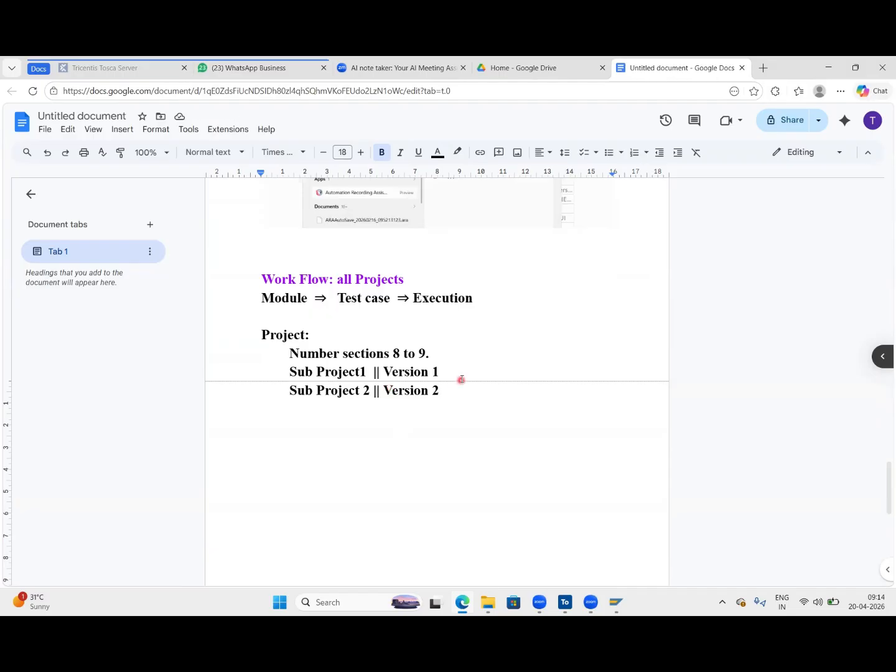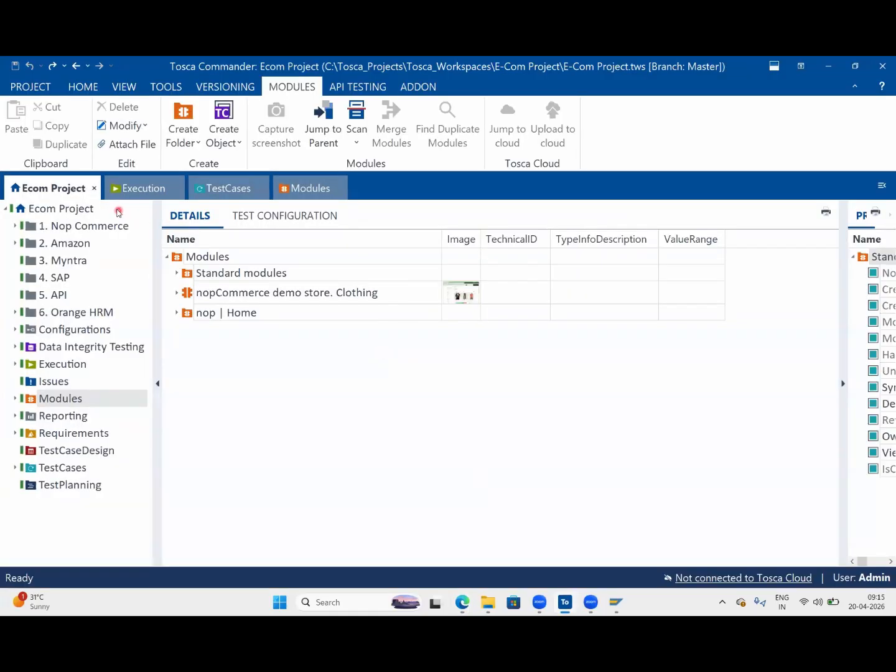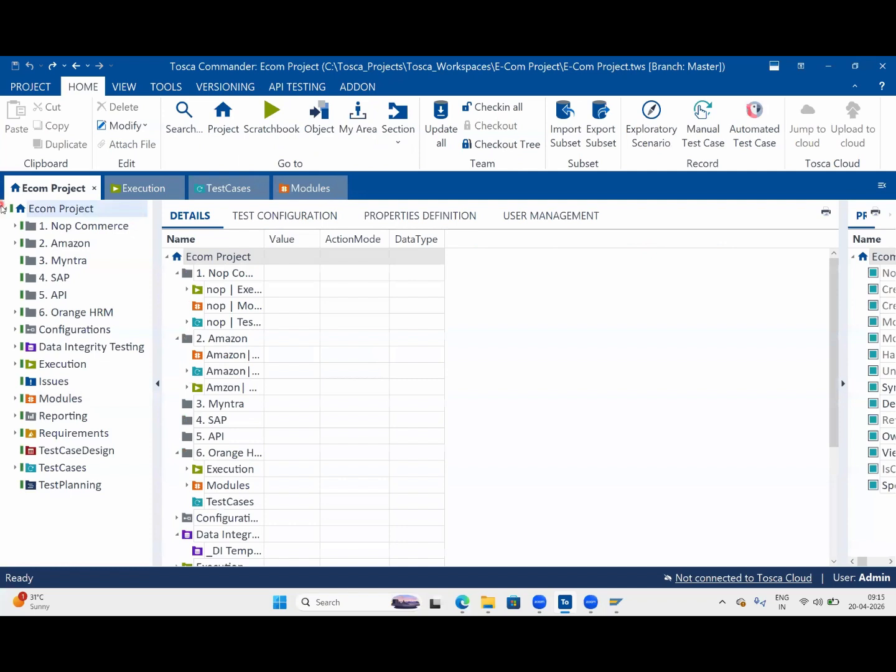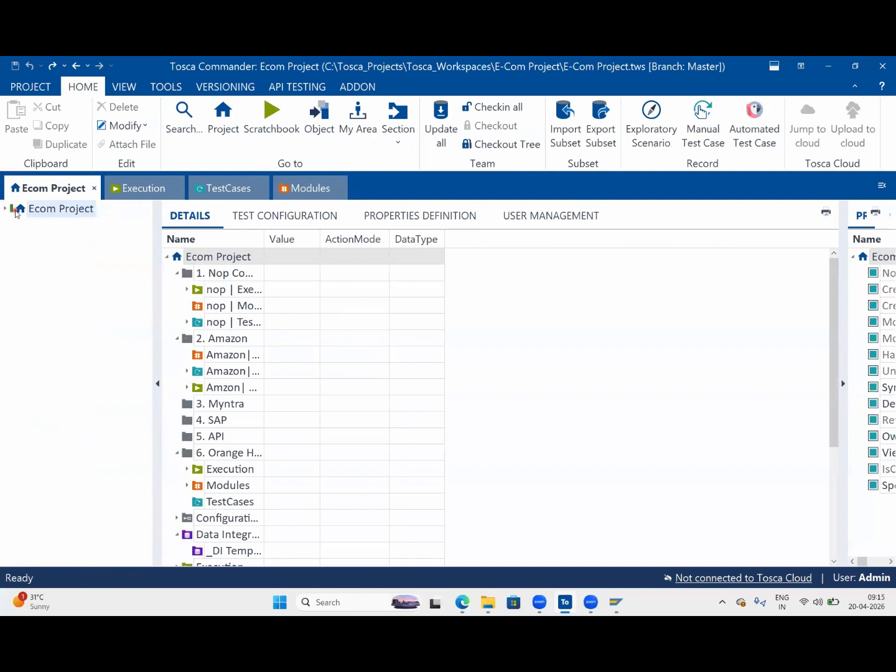Okay, how to maintain these things? With the help of a component folder. Just create one component folder. With the help of that component folder, we can create the sub project, or versions of the specific project. How to do that? Let's go here. This is your main project. Within this main project, just do,